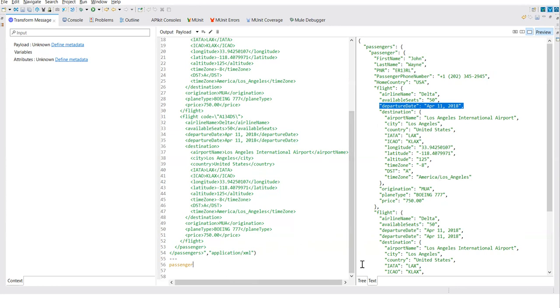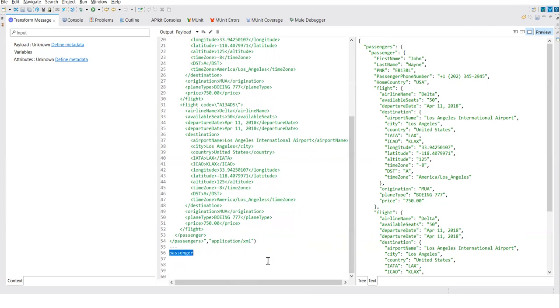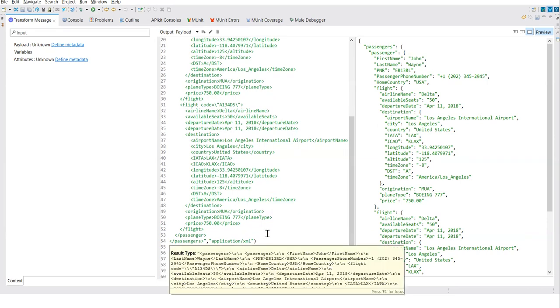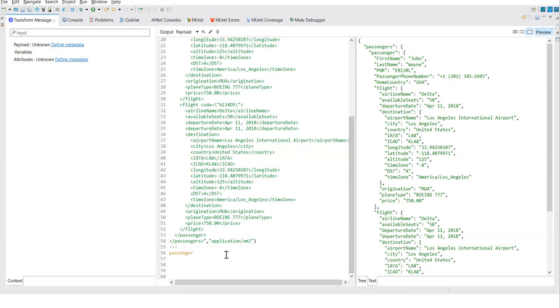Let's go ahead and try to apply the update operator on this passenger data. Passenger is our payload right now. So let me use the update operator on it. Let's talk about the syntax of update. Inside update, we need to use a case, and then we need to select that field.